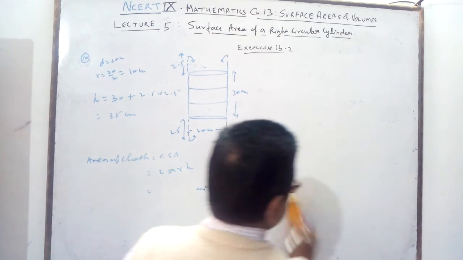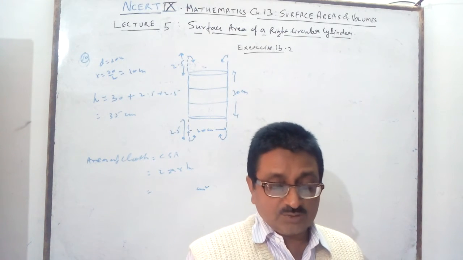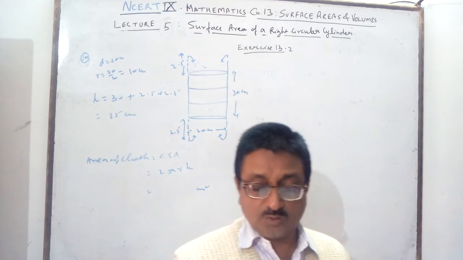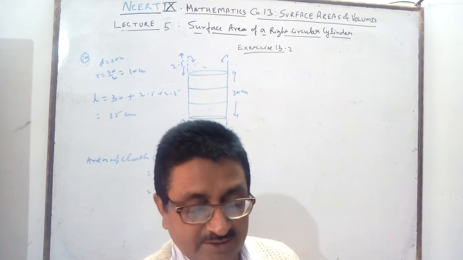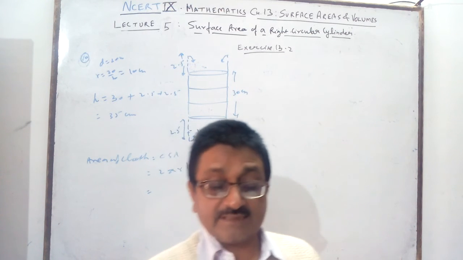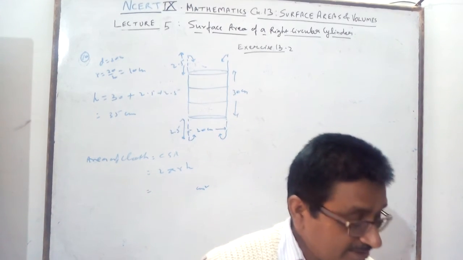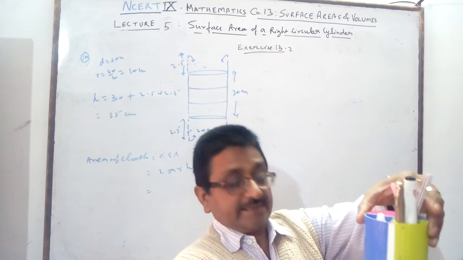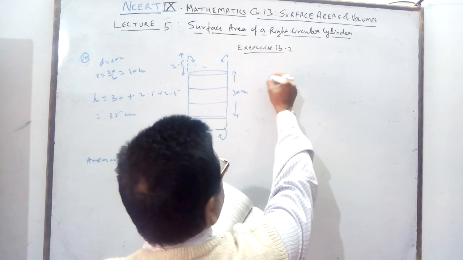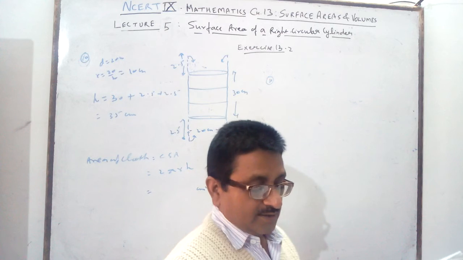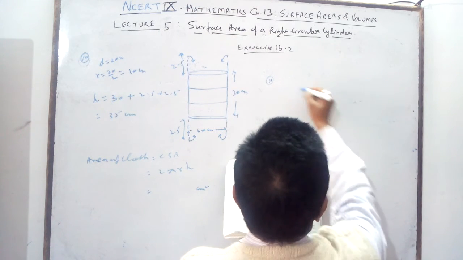Question number 11, which is the last question of this exercise, is given. The students of Vidyalaya are asked to participate in a competition, decorating pen holders in the shape of a cylinder with a base using cardboard. Pen holder means one side is closed. Each pen holder has to be made of cardboard with radius 3 centimeter